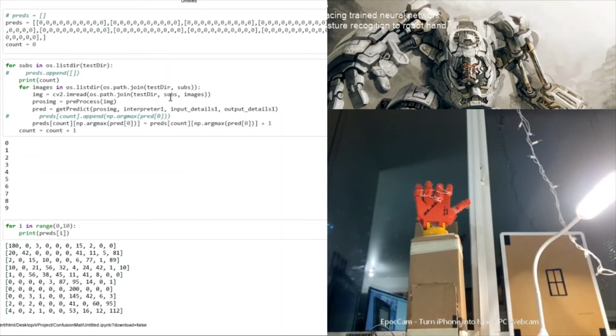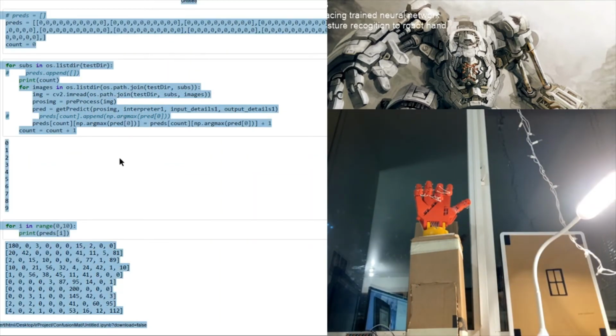I have created a test folder. In that test folder there are around 200 images of each different gesture, each in a different subdirectory of a separate class. Once it predicts something, I'm assigning each prediction to a different array.